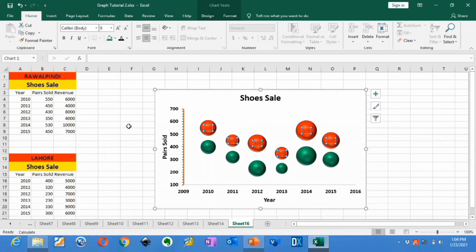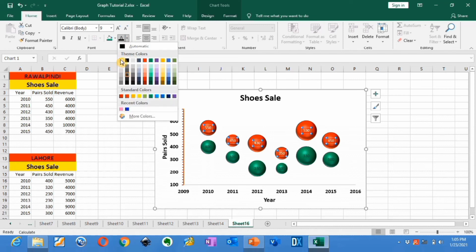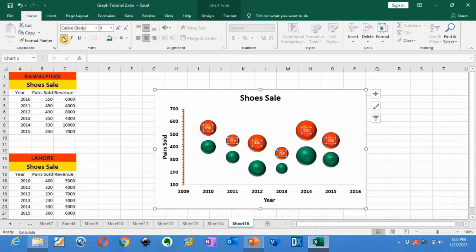I want to insert the revenue value in the circle, so I will edit this. Firstly, I will format this. I will select white color, bold, and 12. Similarly, I will select this format painter option to automatically format the other data series. Click on here. You can see here these are automatically formatted like this one.